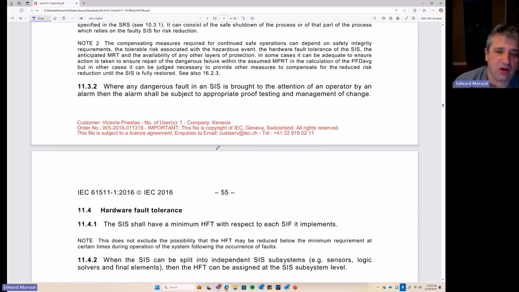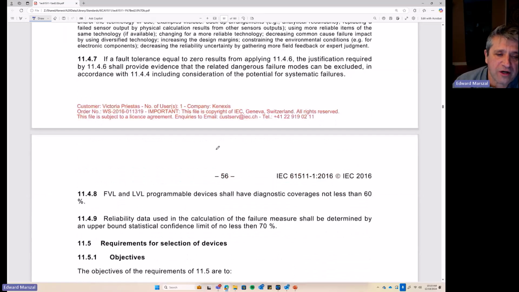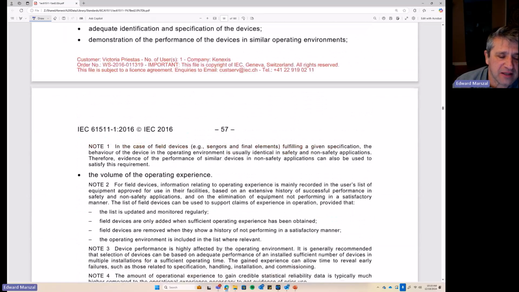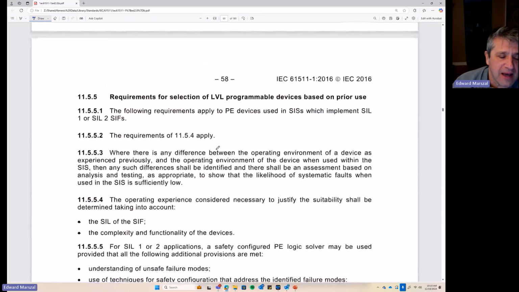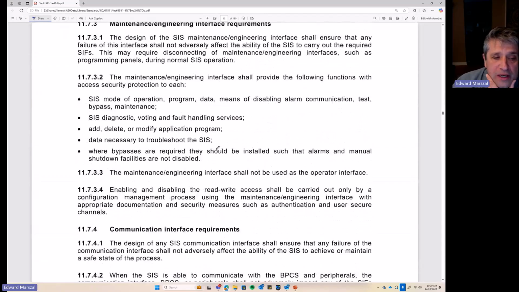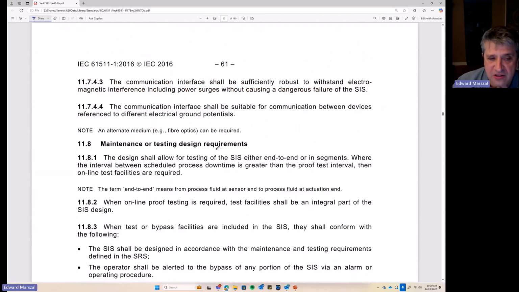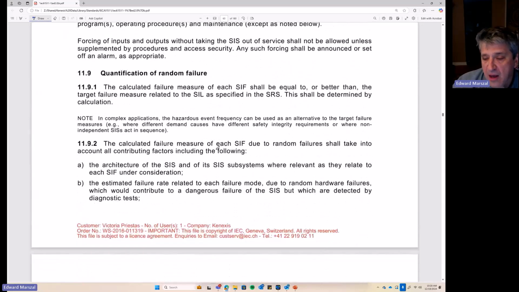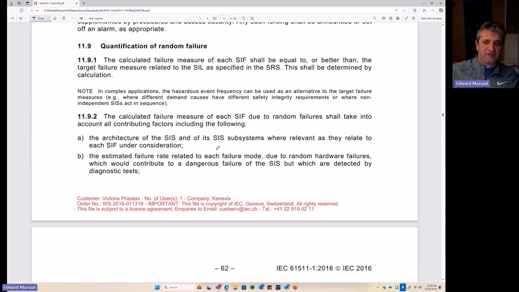So there's a lot of this stuff. But also in clause 11, we're going to go to clause 11.9. What I'm going to show you is the current state of clause 11.9. But just a few weeks ago, I was at the IEC 61511 committee meeting. So if you don't like what's in the standard, I can definitely be partially to blame for that because I'm on the committee.